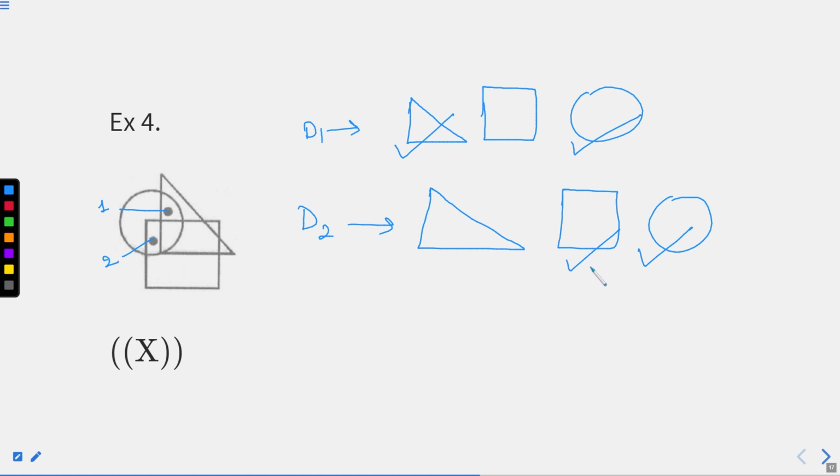Now, we need to satisfy this situation, right? So, the first one is circle and triangle. So, the common area is this one. But this area is completely inside the square. This will not be your answer. I hope you find this part well. Now, we'll look for the second. The first is circle and triangle. Because circle is common for both, triangle and square may vary. Now, circle and a triangle excluding the square part have a common area like this. Right? This is the common area for circle and triangle. So, we can place 1 dot here.